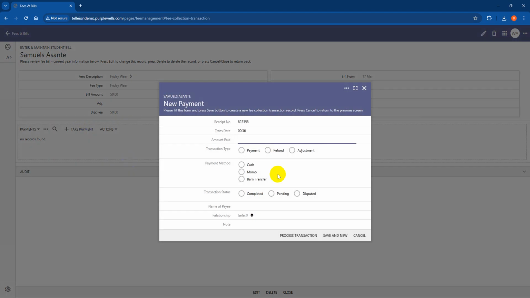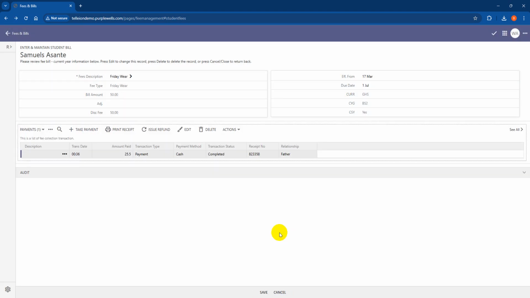So I select the take account, and he's paying, let's say, 25 cedis, 50 pesos. And I record that it's a payment as cash. The transaction is completed. And the one who is making the payment is Mr. Asante, the father. This is the first installment. So I process the payment and then save